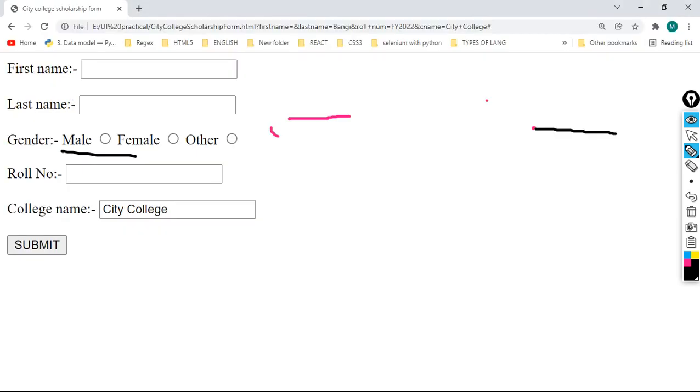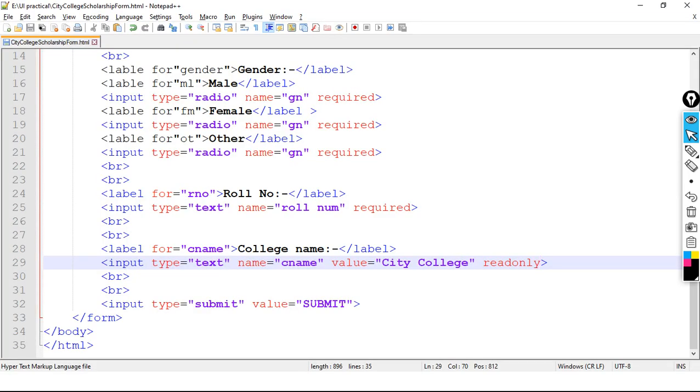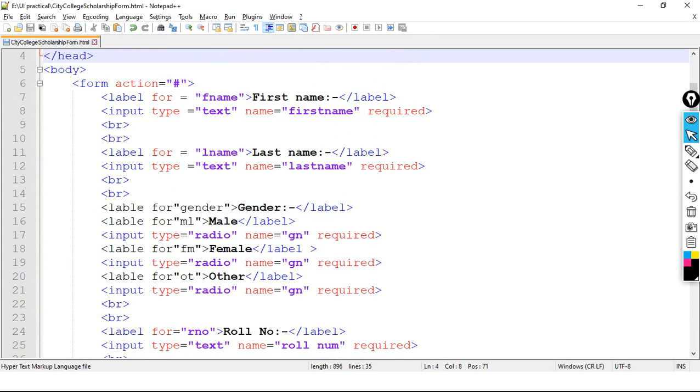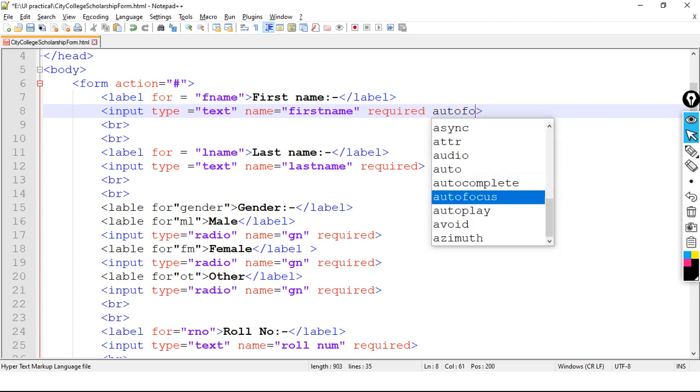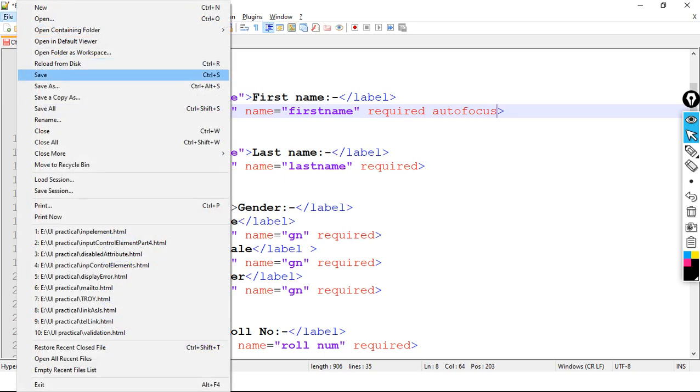So suppose as soon as this form is loaded, I want focus on the first name text field. Then as a developer, I will write the autofocus attribute in the first name text field. See here at line number 8, I am mentioning autofocus, and save the code.